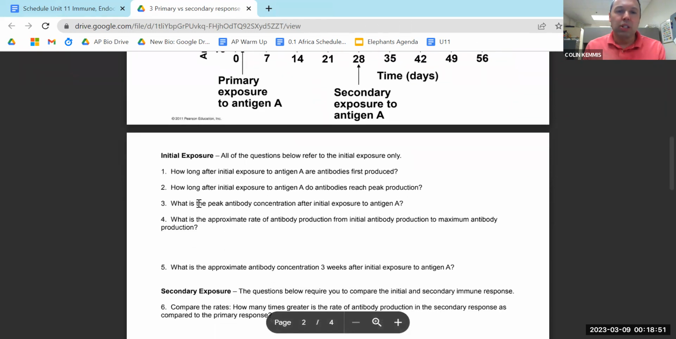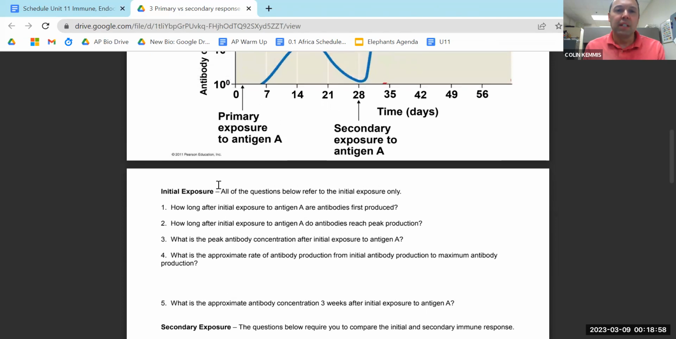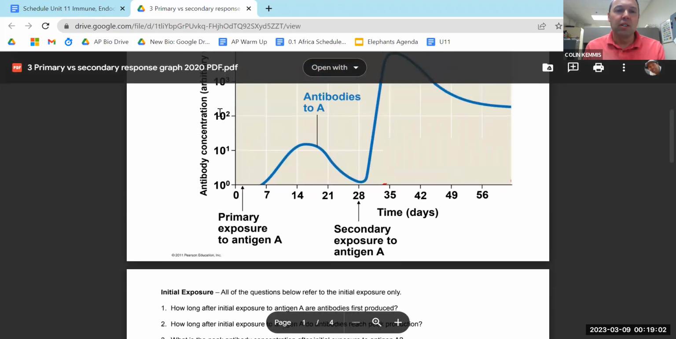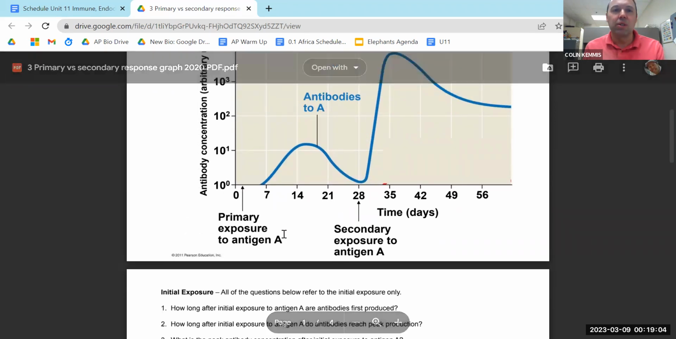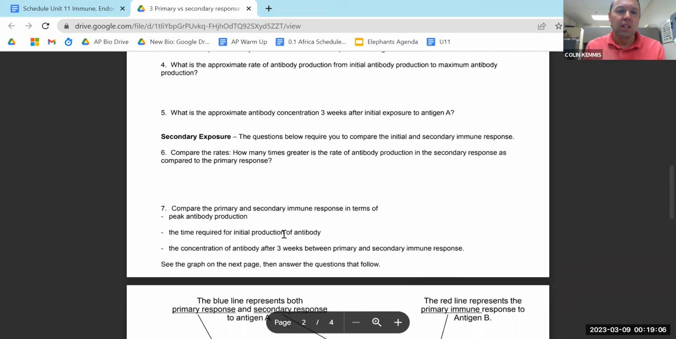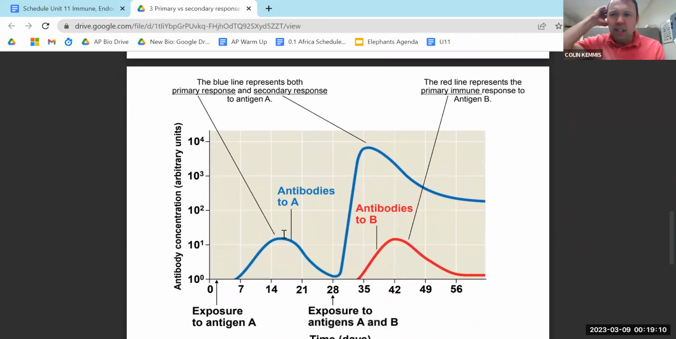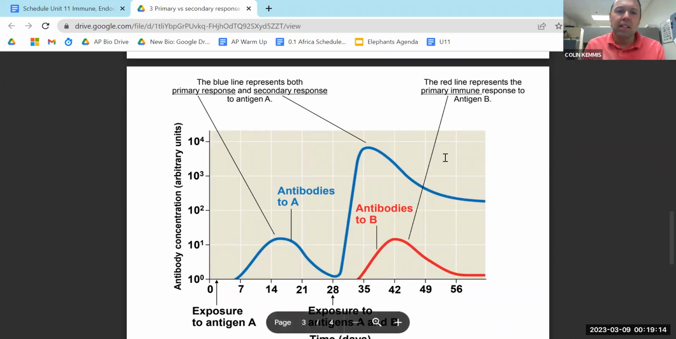So there's quite a few questions here. Try to get within a day or two, as close as you can. Similarly with these numbers on the y-axis, get as close as you can. All right. The second graph here, it's the same thing with antigen A, but then we have a second kind